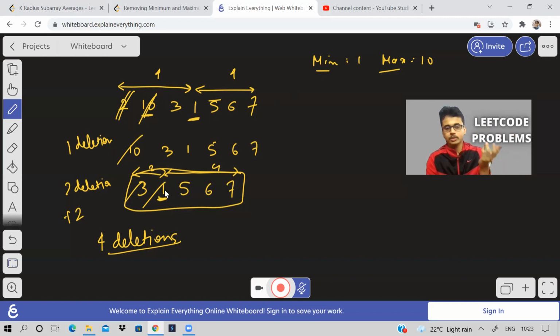So basically my approach was, I will delete the element, either max or min, which is closer to either the left side or the right side, whichever is the closest. I'll delete that first, and then I will store the remaining elements. So after I deleted 10 and 2, these remaining elements I will store in another array, and I'll find the relative index position.